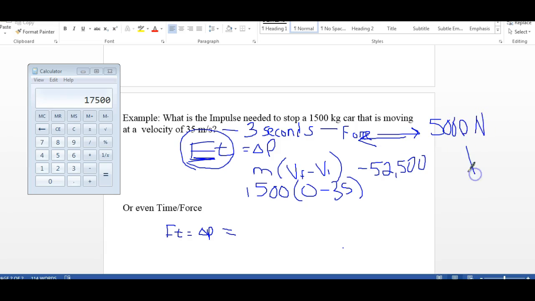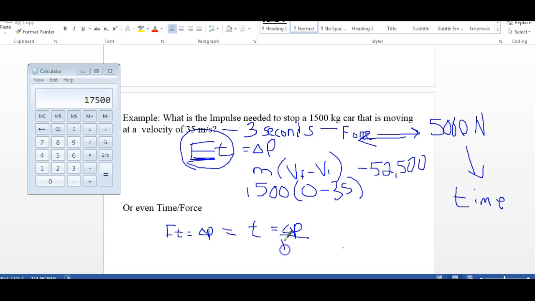How long would that take to stop it? If we apply a force of 5,000 newtons to change it from 35 to 0, how long would that take? So instead of moving the time over, we do the force. This now becomes t equals the change in p